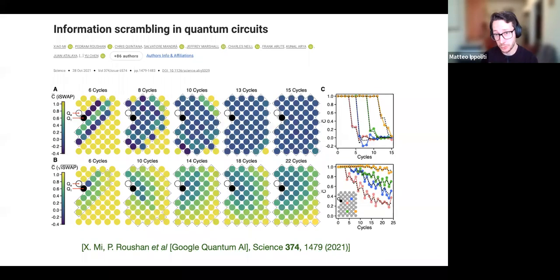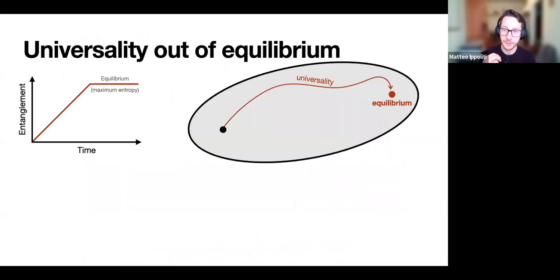So for this talk, I'm going to take a different perspective, which is, instead of trying to learn universal aspects of the approach towards equilibrium, so let's say we initialize a simple state somewhere in our schematic state space and we watch it evolve over time and approach some kind of equilibrium distribution, we want to ask a different question, which is, can we find or measure universal properties not in the approach to equilibrium, but in late-time states that altogether evade equilibration?